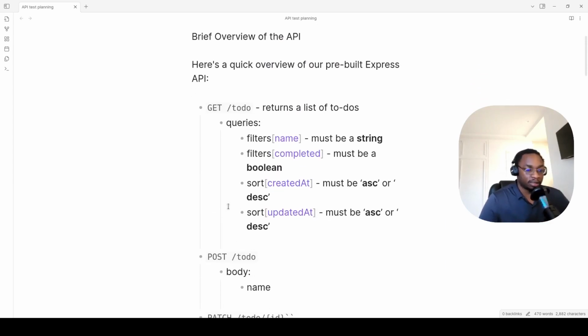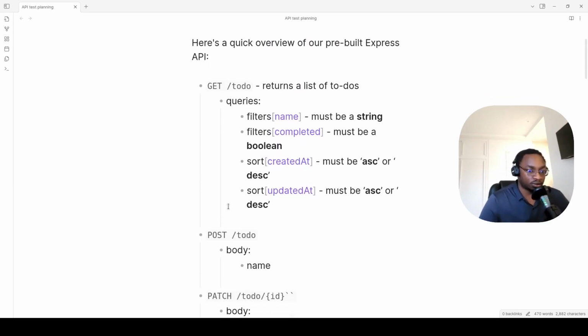For the sake of making this video short, we are going to focus on these first 2 points. So we are going to test the fetch to-dos, and we are going to test the create of to-do. Now, why did we choose these 2? Basically, the fetch to-dos will come with a lot of cases that I would like to elaborate on in the API test planning. And as you can see here, this get to-do endpoint has the filter, has